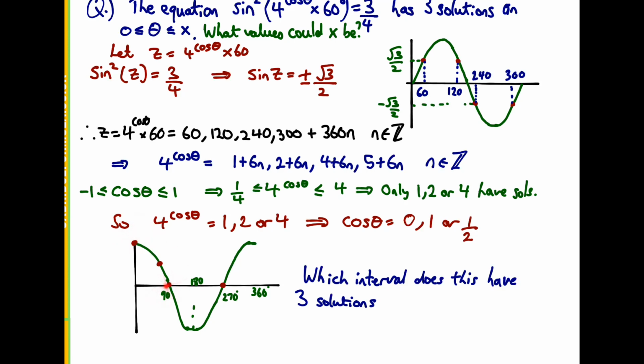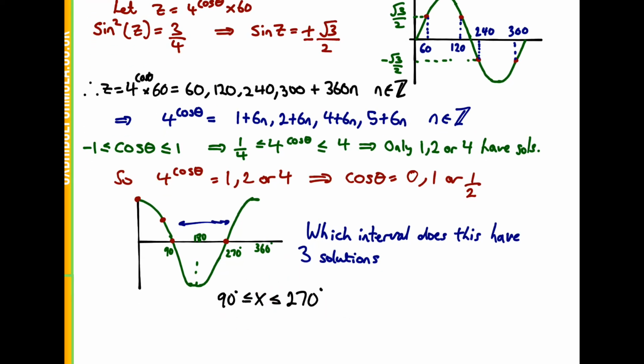Now continuing on to the right, we have no more solutions until we reach 270, when we get a 4th solution. So if x is anywhere between 90 and 270, these are the only 3 solutions of theta. And if x is bigger than 270, we have 4 solutions. So our interval must precisely be x between 90 and 270, and so our answer is